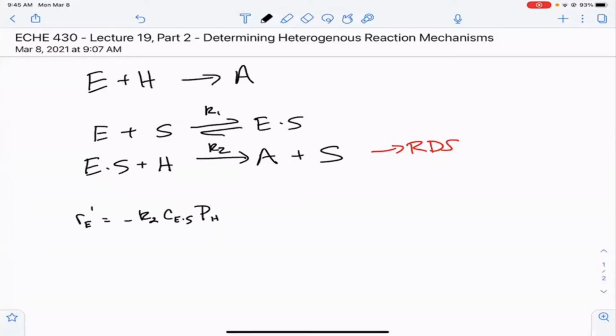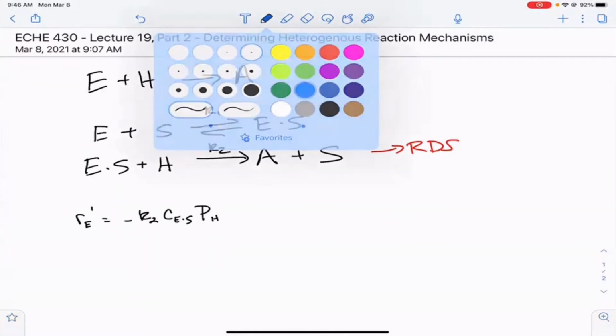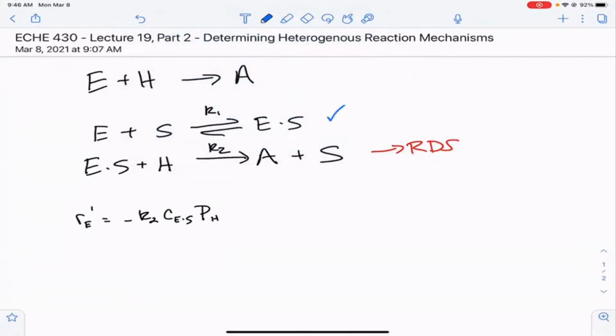And just like we've done in our previous lectures, now our task is to find what the concentration of ethylene on the surface is going to be. To do that, we're going to take advantage of what we know about reaction 1. We know from reaction 1 that if we say the rate R1 over K1 is approximately equal to 0, then R1 over K1 is just the pressure of ethylene times the number of vacant sites